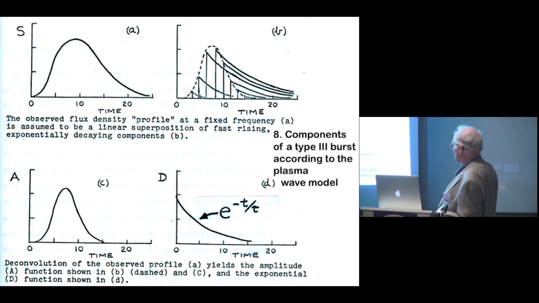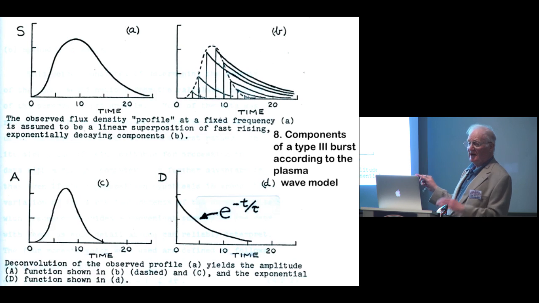The D part shows you the decay of plasma waves produced at any particular frequency. And it's exponential and represented by the standard formula. Anybody who's done any electrical work would know, e to the minus t over tau, where t is the time and tau is the decay time of the burst. And it's tau, the decay time, or the damping rate, which is of principal interest here, because the decay of the plasma waves is due to